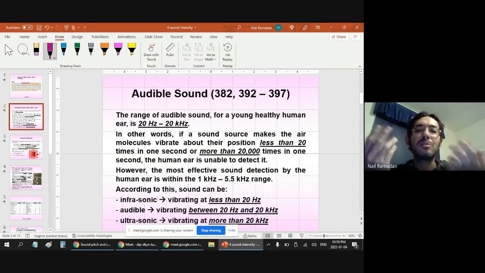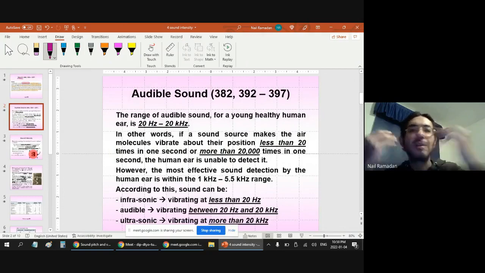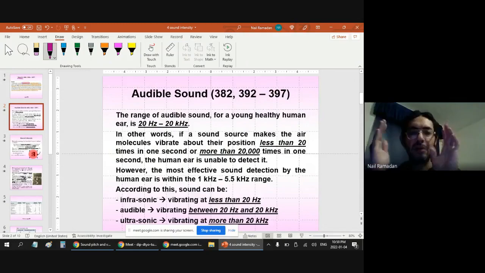You don't even have to be a different living organism to detect sound differently. Even different humans with different ages and different auditory abilities hear or detect sound differently. Okay. However, in general,